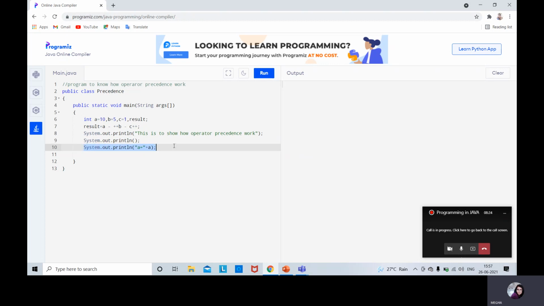Similarly, we have to show the other three also: b and c.